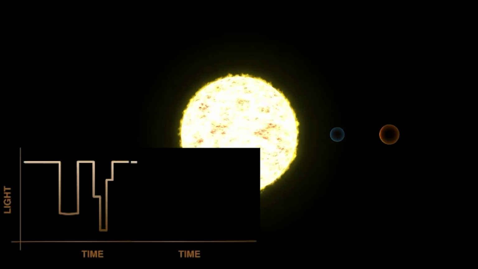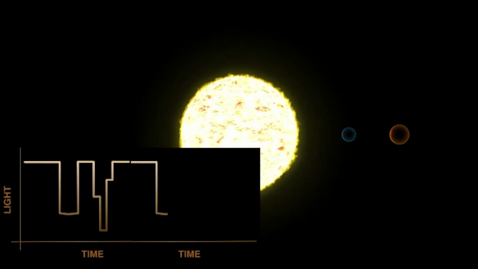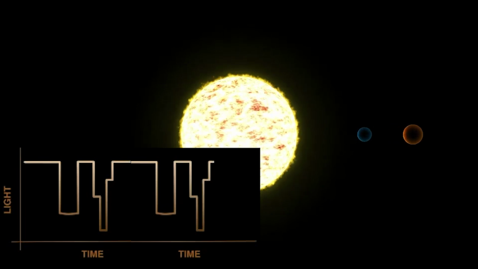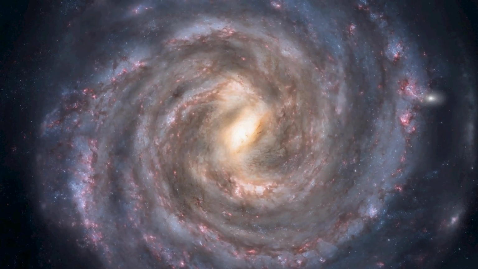If we wait long enough, we can see these planets make a full orbit and return back around, and then the graph starts to repeat itself, and this is how we tell how long it takes for these planets to orbit around their sun. So yeah, I think this stuff is really cool,